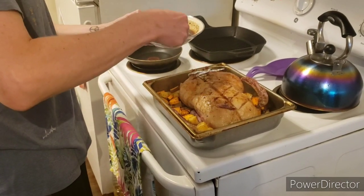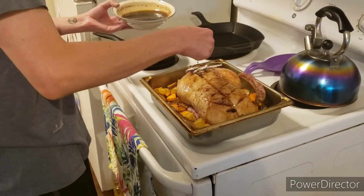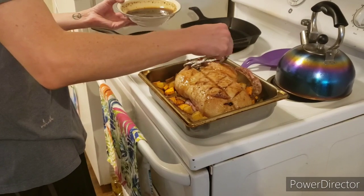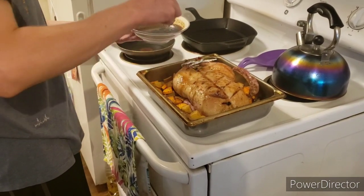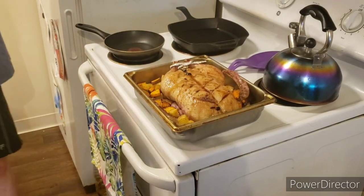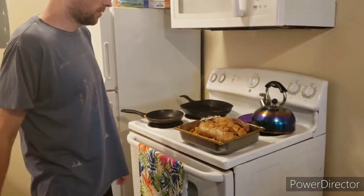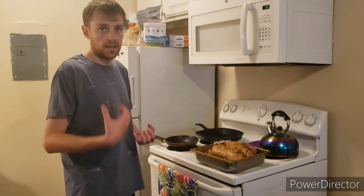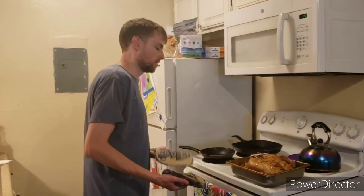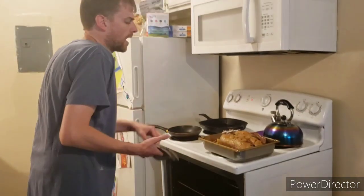Okay, make sure we get in those pockets, those little slices that we made when we scored the meat. Nice mixture, you don't want to over glaze it. Remember, this isn't for flavor, and we don't want to soak it in the balsamic. We're just using it as a flavor enhancer, kind of like a demi glaze you would do for a nice roast or something. So I'm just gonna put this back in,